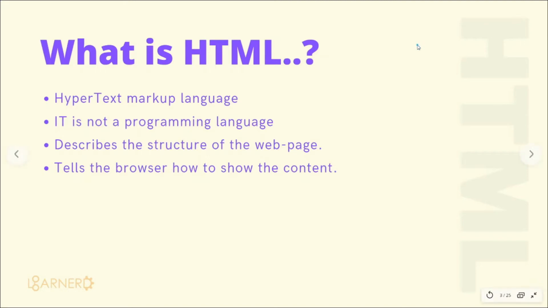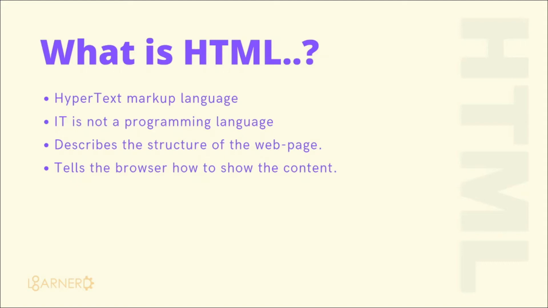As I have told, it is not a programming language; instead it's a markup language. A programming language is used to do logical operations, such as if a particular condition is true, then it performs a particular operation, and if not, then it performs the vice versa operation. HTML is known as a markup language, as it is used to present the web page, and is also known as a presentational language. It is used to define the structure of the web page, where it commands or instructs browsers how to show the content on the web page in the browser.